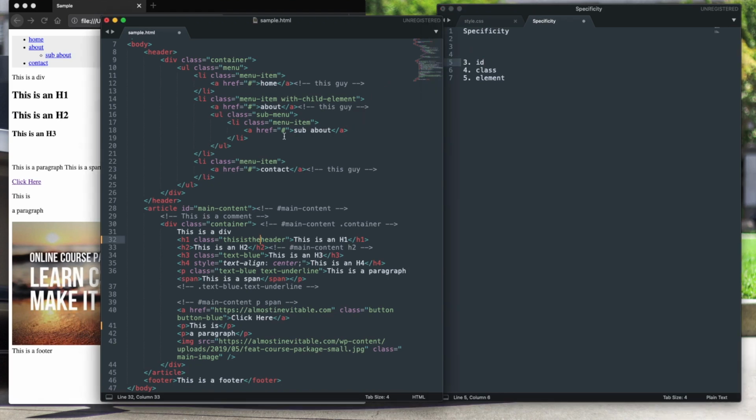An ID is shown over here. It says ID equals. It's the same thing as class. It's written the same way as a class, but it's just used in different ways. Now the difference between IDs and classes, besides the specificity, where you can see the IDs are more important or have higher specificity than a class, the difference is if you have two IDs on the same page, it will